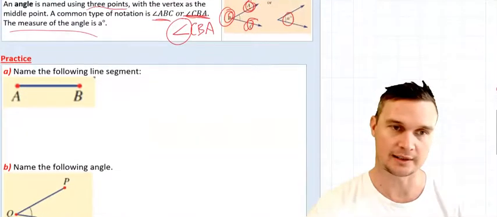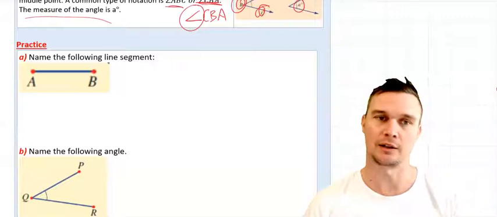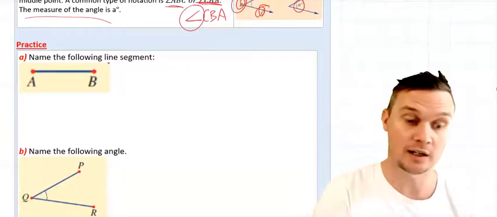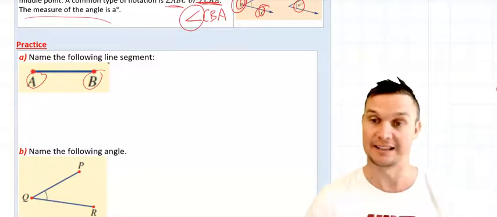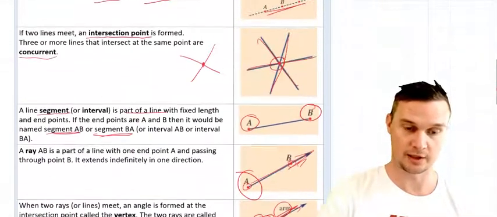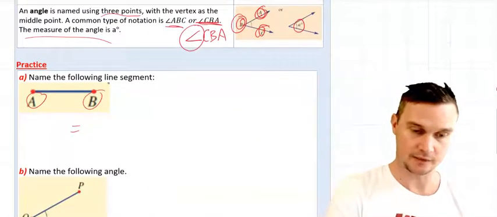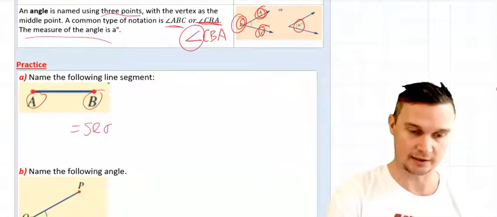So let's do a couple of practices just to ensure that we've got that. It says name the following line segment. Now when it says name, we're going to be using these letters here. So the answer to this one would be, and as a reminder, we write the word segment because this is a segment. So the answer to this one is segment